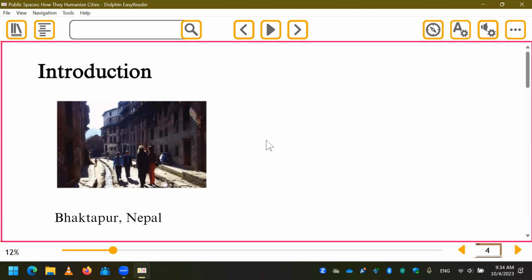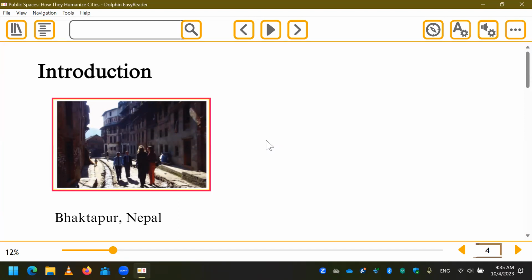Characters, only right arrow. Correct. So let me press Control Down Arrow. Has details graphic: people walking down a street in Bhaktapur, Nepal. So this is an image where people are walking down a street in Bhaktapur, Nepal. So books from Bookshare have this level of accessibility, where all the images are also described for a totally blind